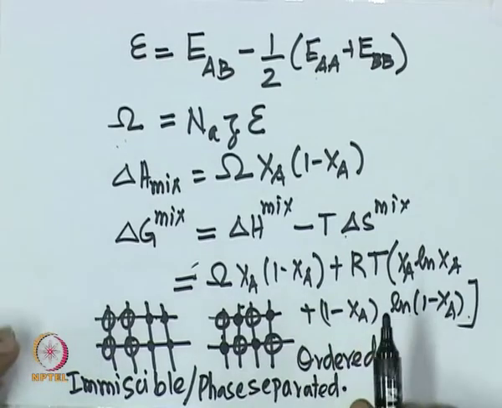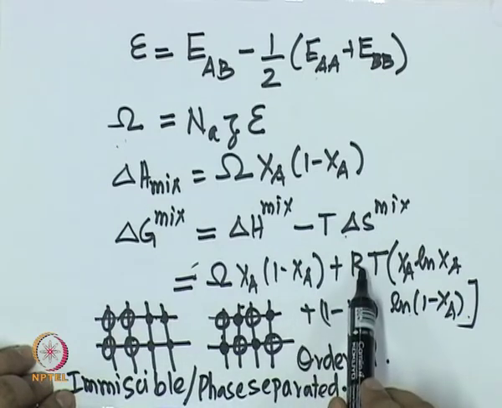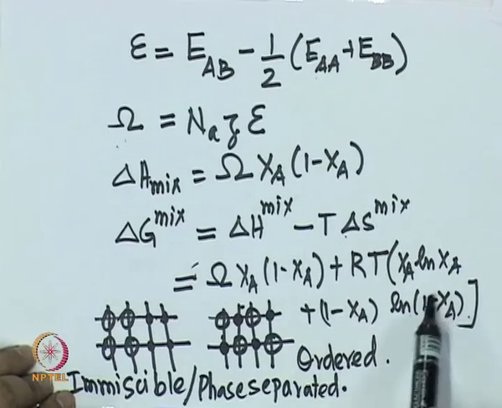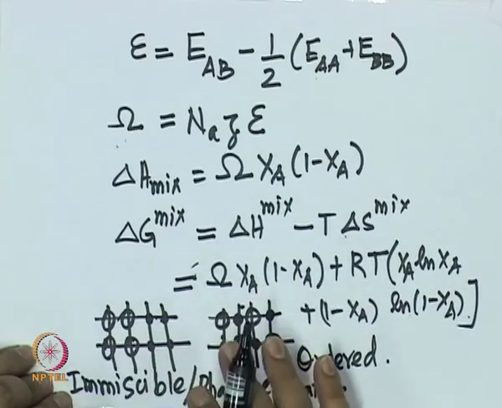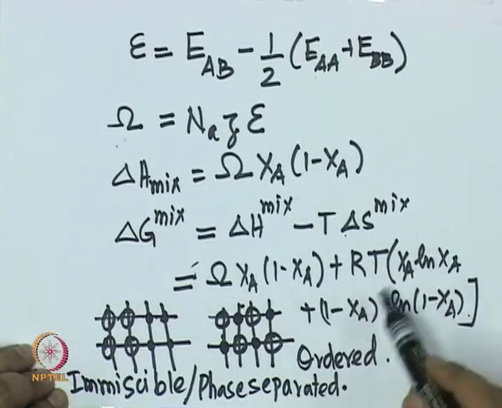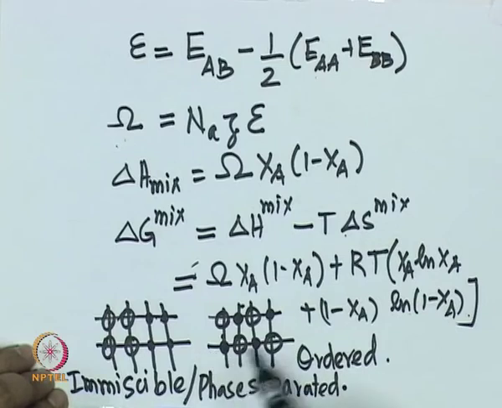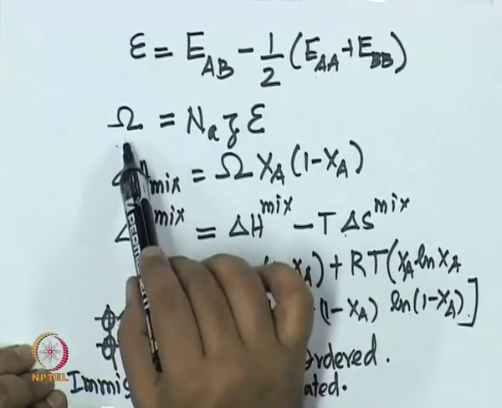In either case, this is true only at absolute 0. At any temperature above absolute 0, the entropy is always trying to make the system go to a more random configuration. It neither prefers this nor prefers this. This is too ordered, and this is also too ordered from the entropy point of view. Entropy would like to mix them as randomly as possible. And all systems at higher temperatures, where the entropy contribution becomes the dominant factor, will anyway go to these more mixed, completely solution kind of structures. Only at low temperatures, depending on the sign of epsilon, which in turn decides the sign of omega,